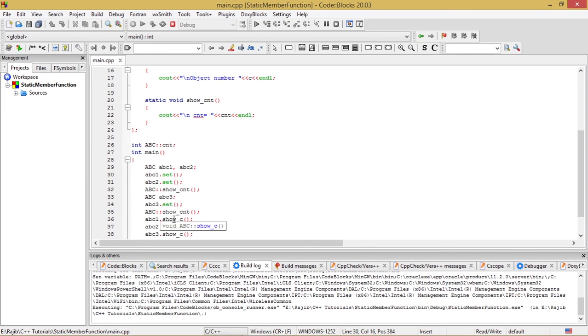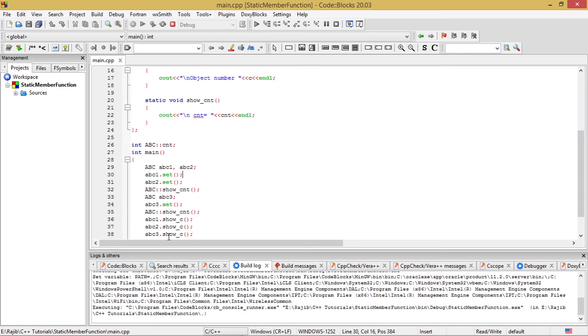In the first line of this function call, among the three lines over here, ABC1 observes the value of C to be 1, so it will definitely show a value of 1. ABC2 sees the data member C to have a value of 2, so it should show a value of 2.